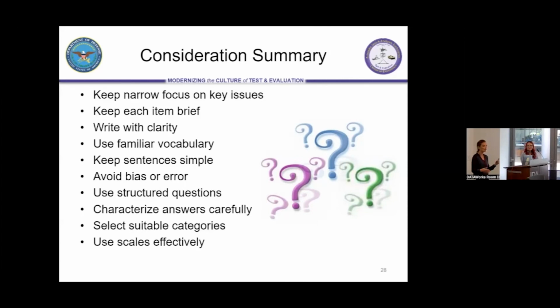Am I getting the answers that I might expect? That's always a great way, if you can fit that into your test schedule. Use structured questions. Characterize your answers carefully. Make sure you have all answer options there, but keeping it an appropriate amount, not too overwhelming. Select suitable categories, so make sure you have all categories. If it's like that,